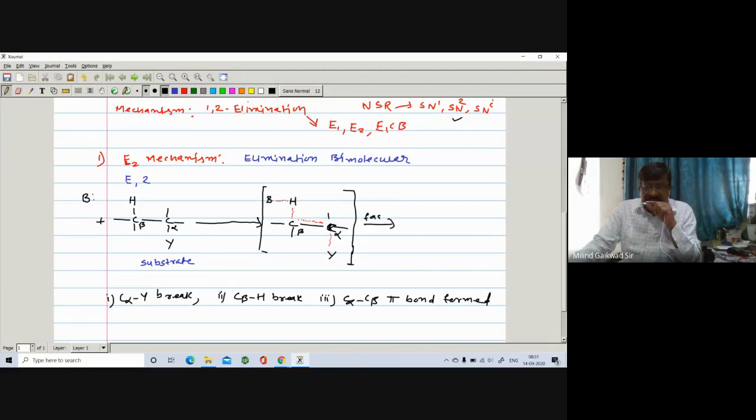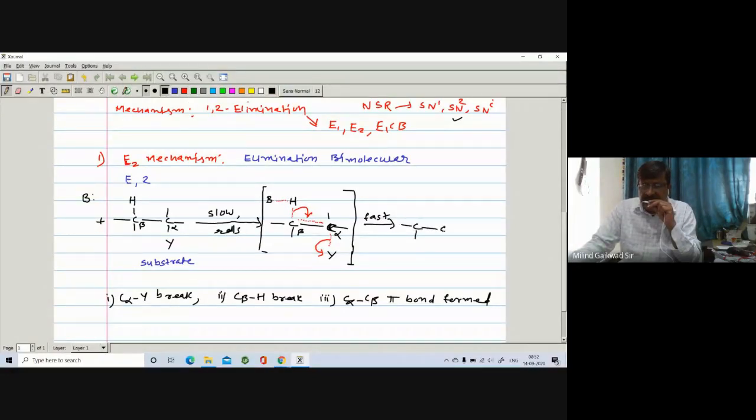So the second step is a fast step, and the first step is a slow step. Slow step means RDS step. So here further what happens? This bond breaks completely on Y, which means there is a formation of Y minus. This sigma bond will shift here completely, which means there is a formation of a complete C alpha and C beta bond. At the same time, this base abstracts a proton from this beta hydrogen, and there is a formation of the corresponding compound.